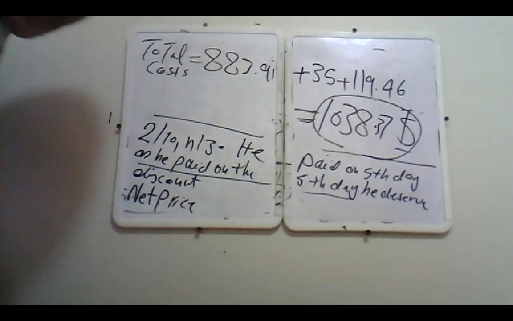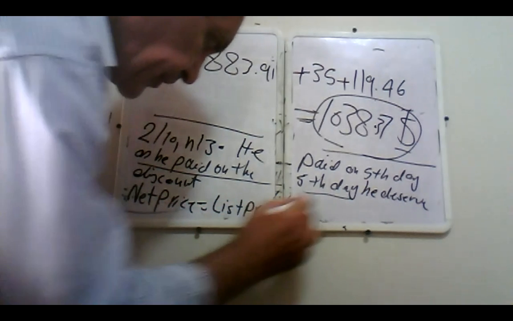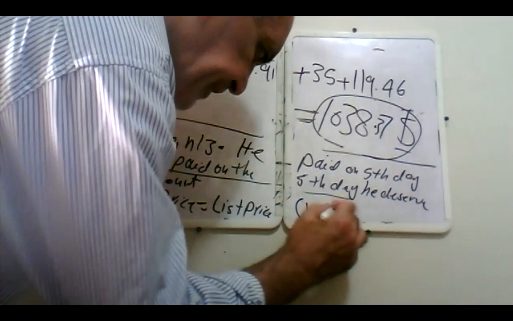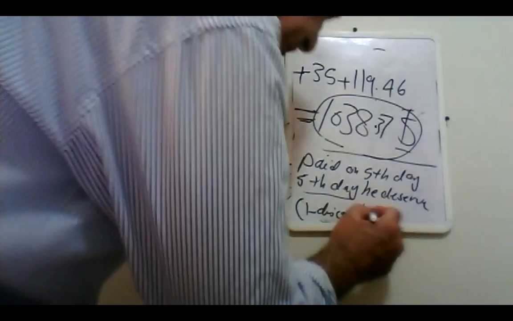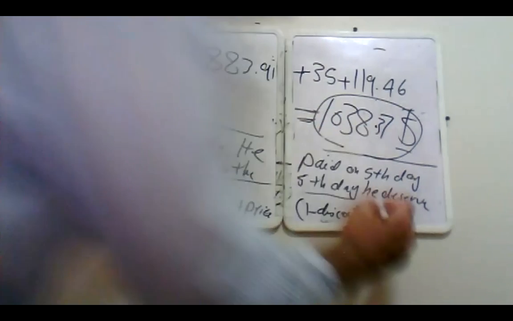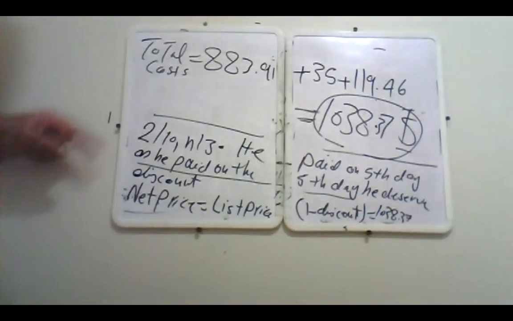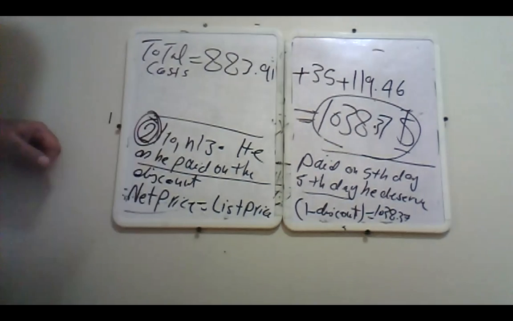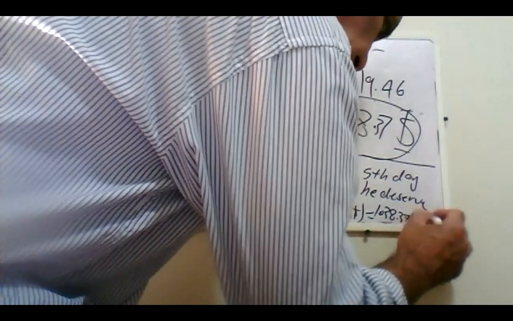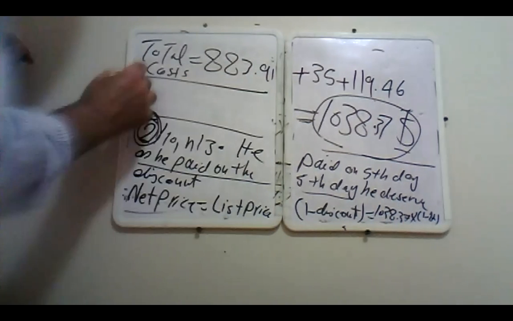as you saw before, will be list price multiplied by 1 minus the discount, equals. The list price is 1038.37 and the discount is 2%. That means by 1 minus 2%, that means he will pay, I will make it here please,